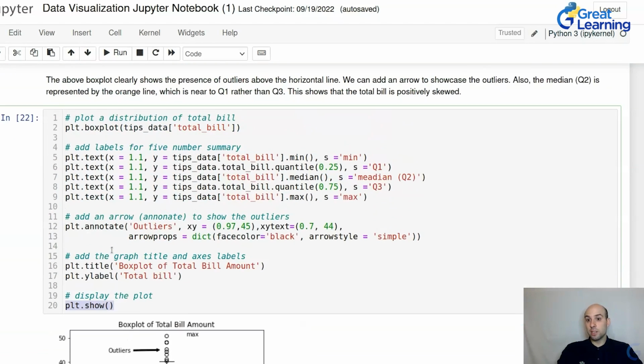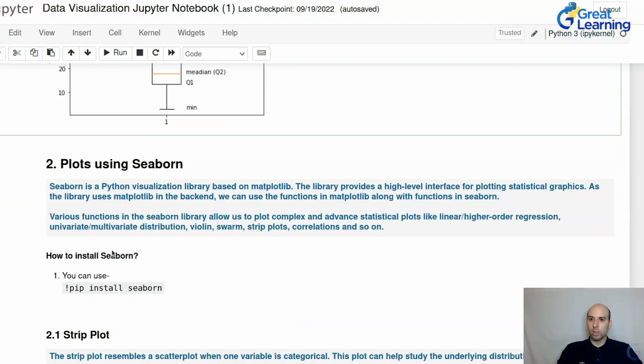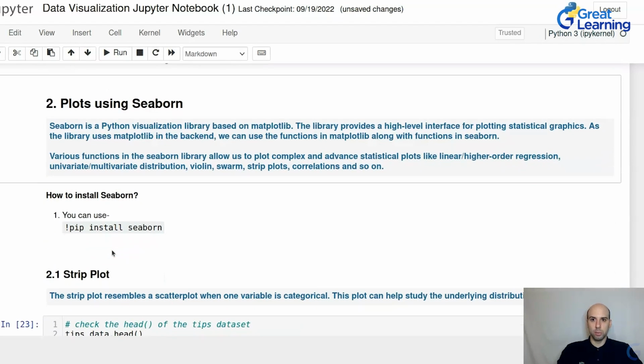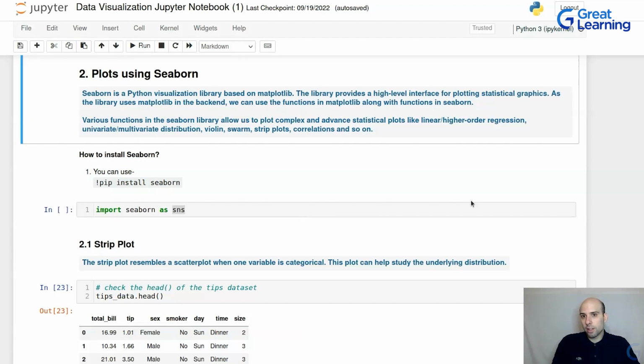So these are basically some of the main capabilities of Matplotlib. Now we can look at Seaborn, which is another visualization library, and how things are done in Seaborn, and what kind of capabilities and what kind of use case Seaborn has. Seaborn is another very common and popular Python visualization library, which is based on Matplotlib. So the backend of Seaborn is actually Matplotlib. The library, however, provides a high-level interface for plotting statistical graphs. It is using Matplotlib in the backend, and therefore we can always mix and match functions from Seaborn and from